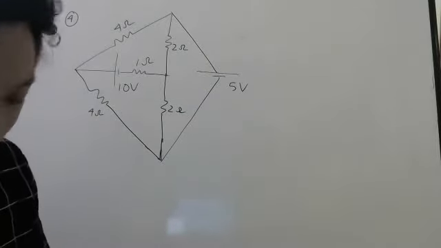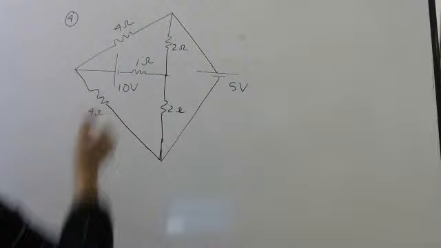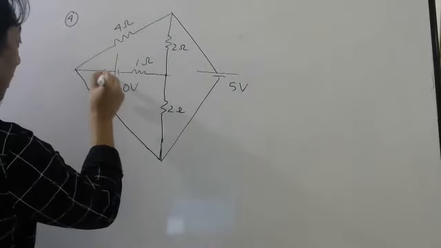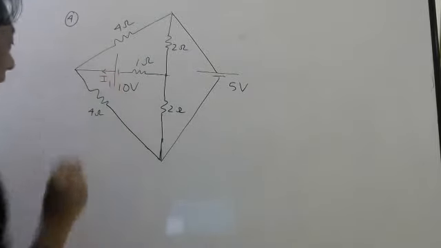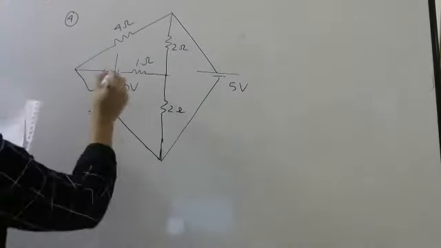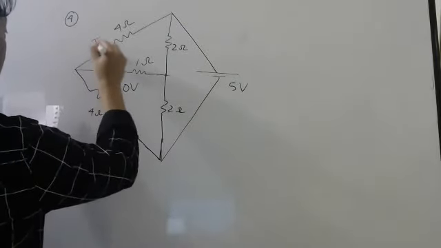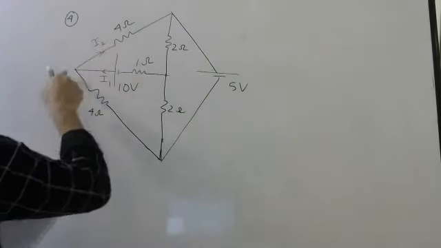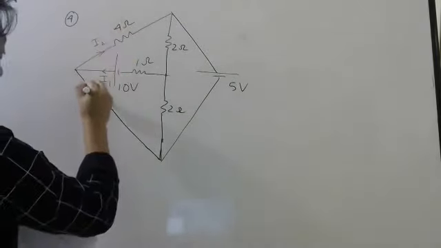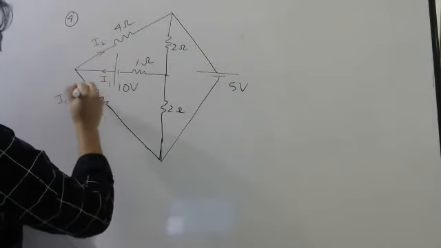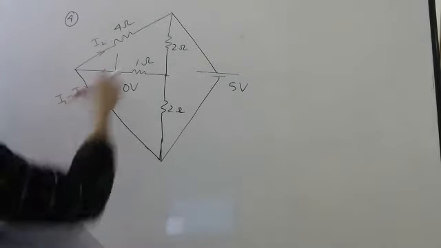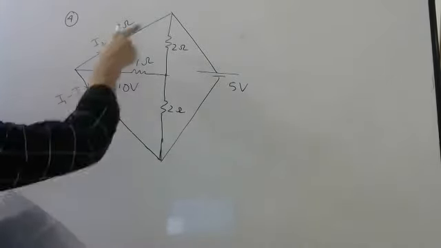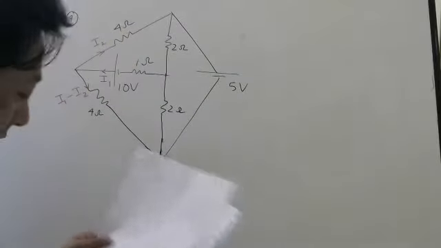Now currents they have shown like this. So from this battery they have shown current I1 like this. I1. And out of I1, I2 is going here. So out of I1, if I2 will go there, remaining will go here. Remaining means I1 minus I2. So out of 10 ampere, if 2 ampere goes here, 8 ampere should go here, right?